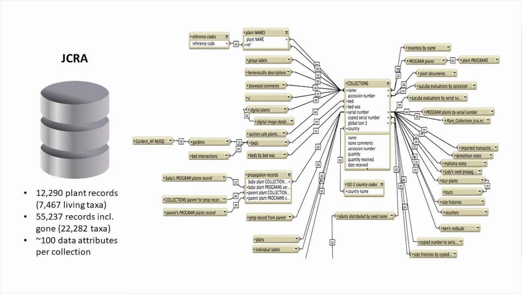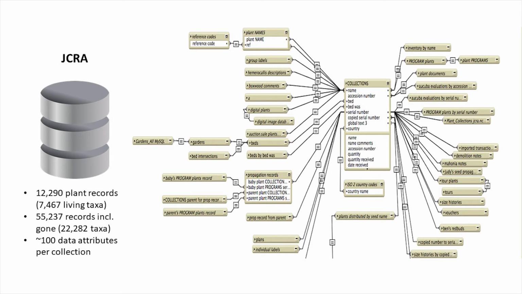We currently have this many living things, just planted in the garden, that have records in our database, 7,500, half of which are unique taxa, meaning there could be unique cultivars, unique species. And if you're looking at just even the dead records, we have an abundant amount of things that have died since 1976, which, maybe I shouldn't be advertising, but I think it's good that we still have that. We can revisit that. And I am actually interested in visiting those dead records.